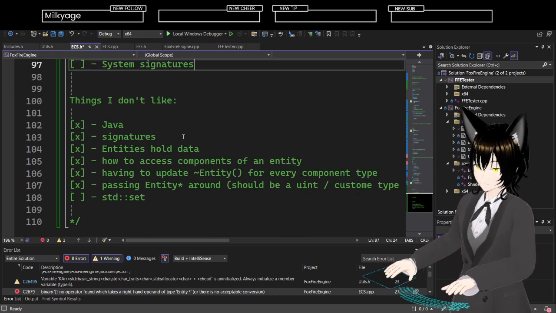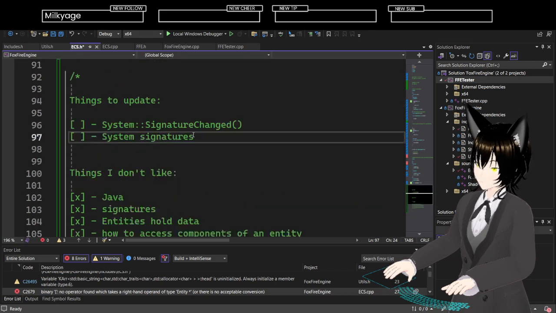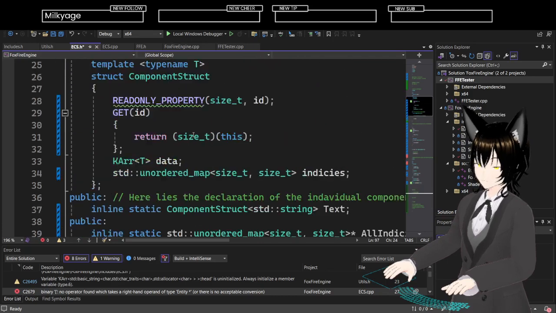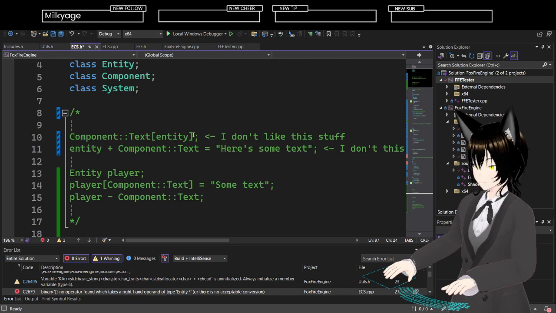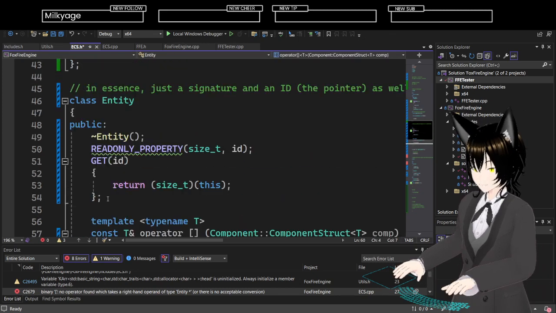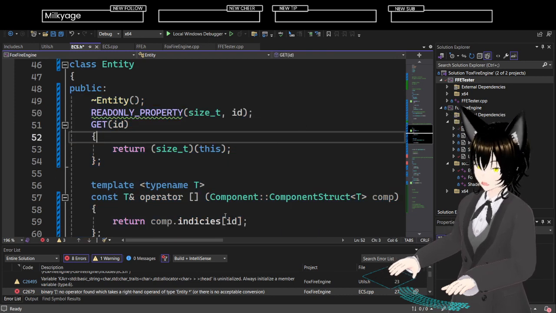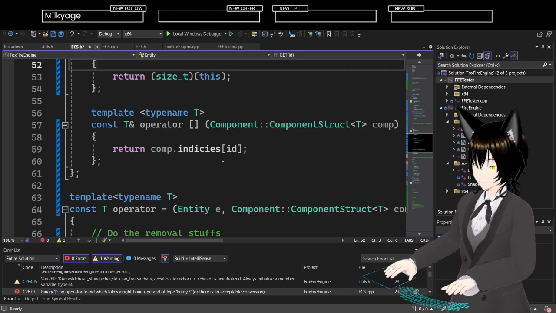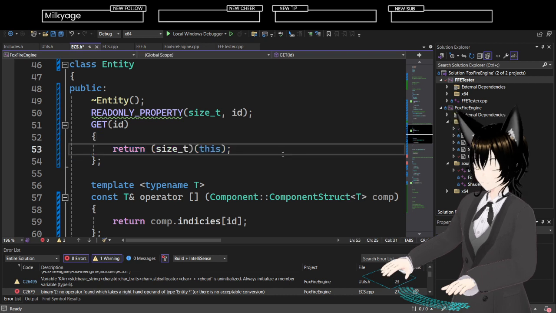And also, since I've completely removed the concept of signatures in reference to entities, entities are literally just dataless classes, and they only have a bunch of helper functions within them for accessing components and returning their own IDs.